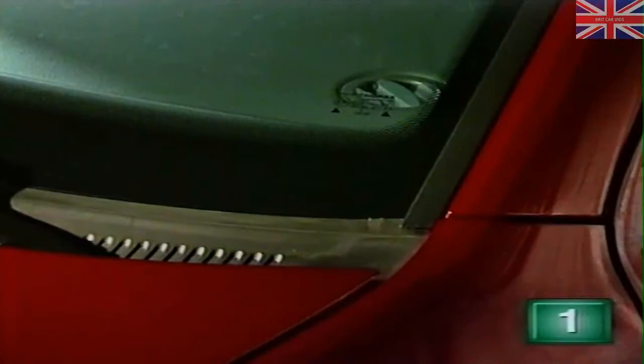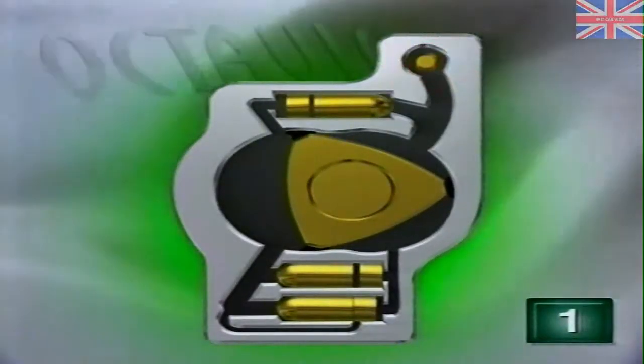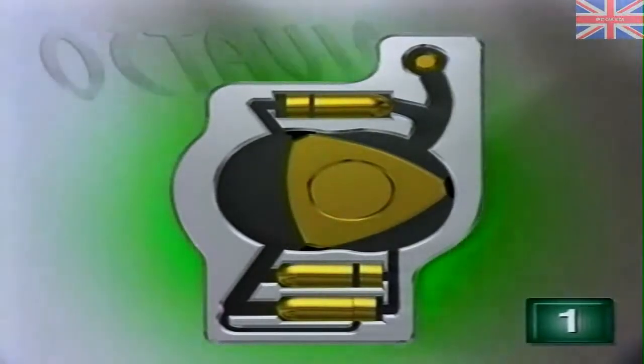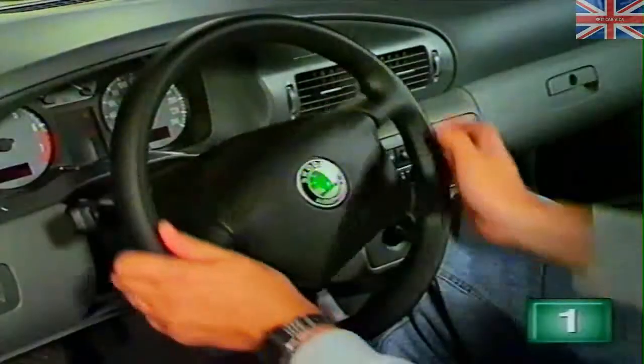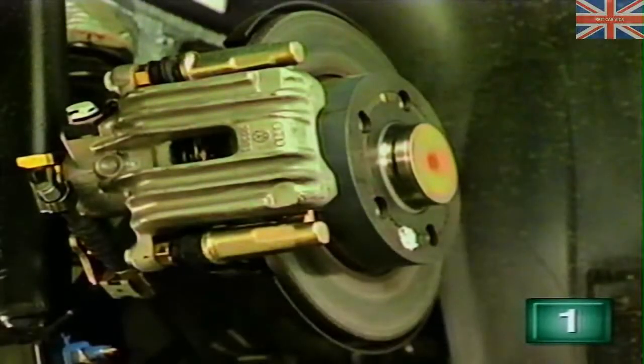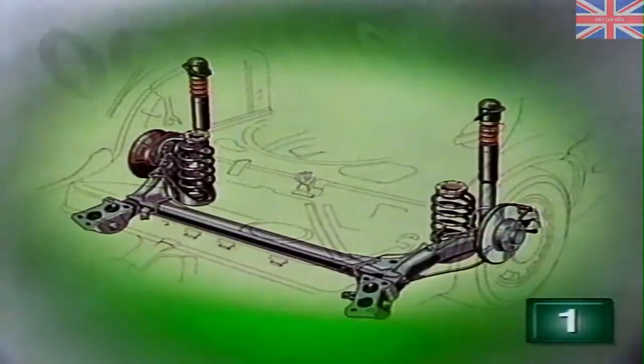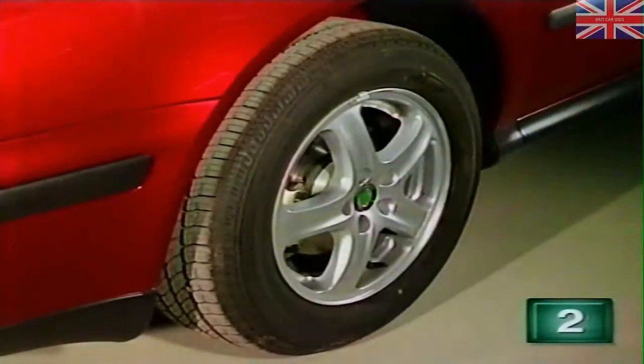bonded front and rear windscreens for enhanced rigidity, twin airbags, pyrotechnic front seatbelt pretensioners, side impact protection beams and foam inserts, power steering, ABS brakes with rear discs standard on vehicles with higher engine outputs, McPherson strut front suspension with wishbones, torsion beam rear axle with passive steering, 14 or 15-inch road wheels depending upon the model,